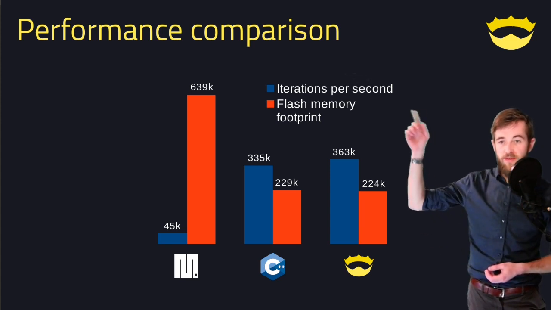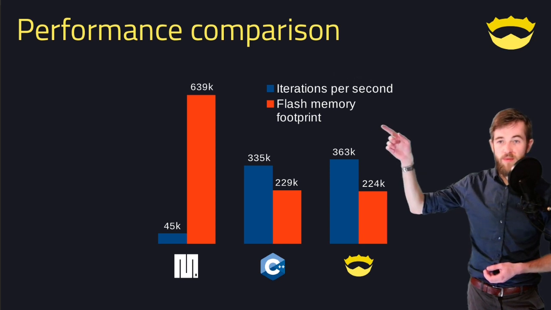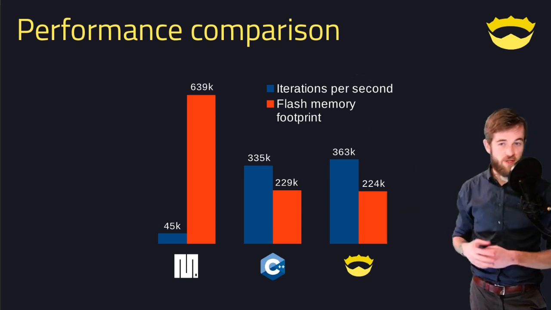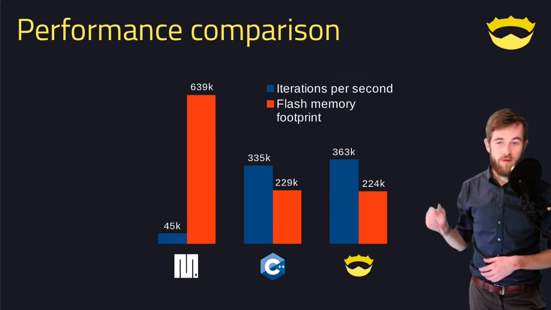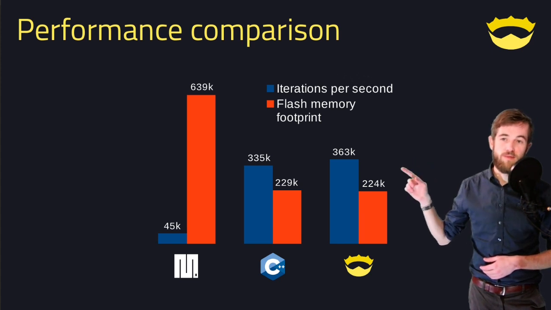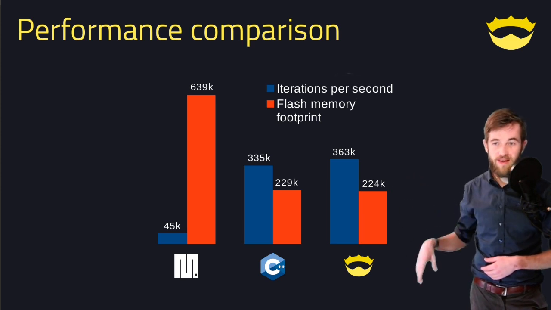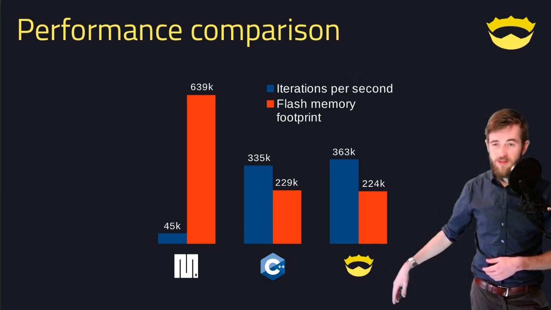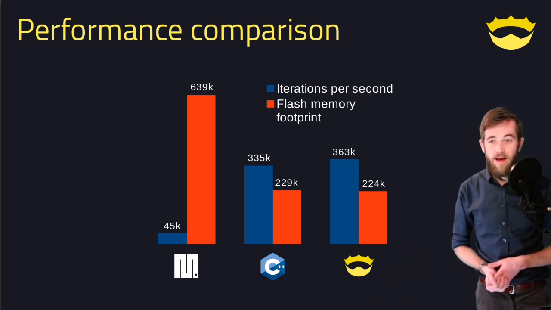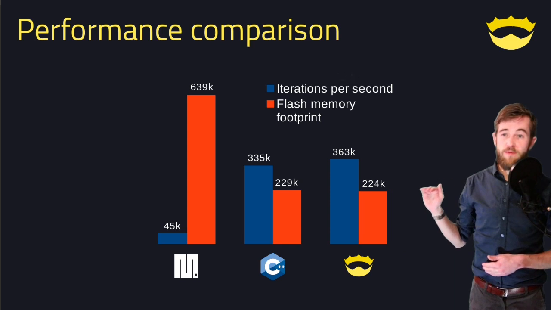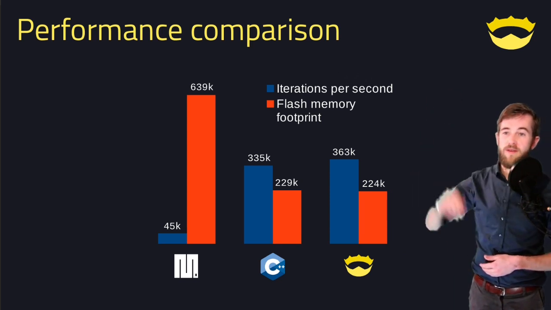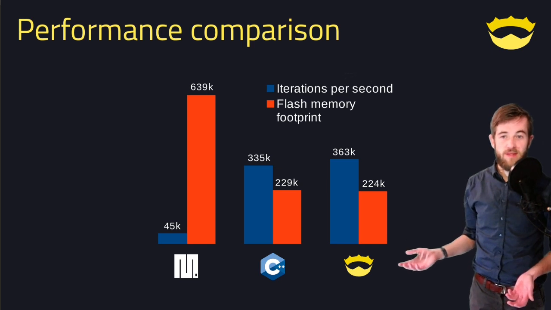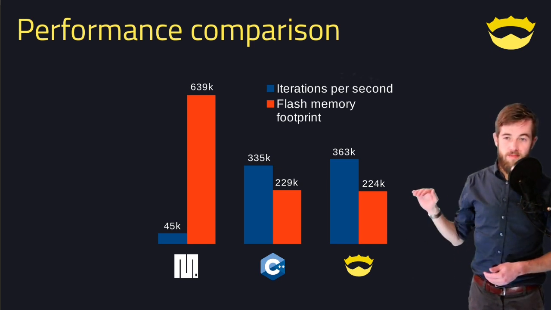As you can see here, we have iterations per second, and we have flash memory footprint. Iterations per second is just some simple payload in a loop. Time how many times it is able to run that for a second. You can see C++ and Nim here are in the range of 3,500 iterations per second. MicroPython is sort of chilling at 45,000. But despite that, the flash memory footprint of MicroPython is way up there at 640 kilobytes. Nim and C++ are in the 230 kilobyte range,